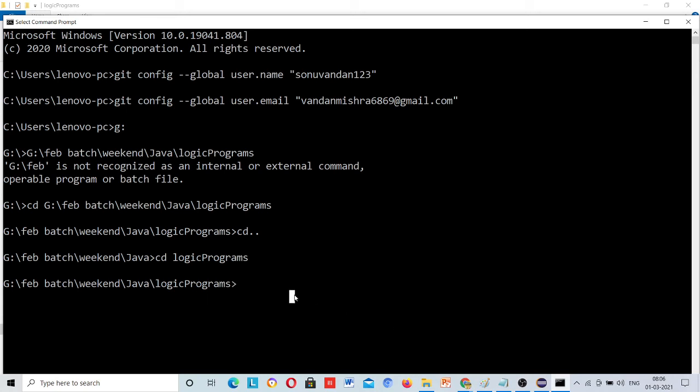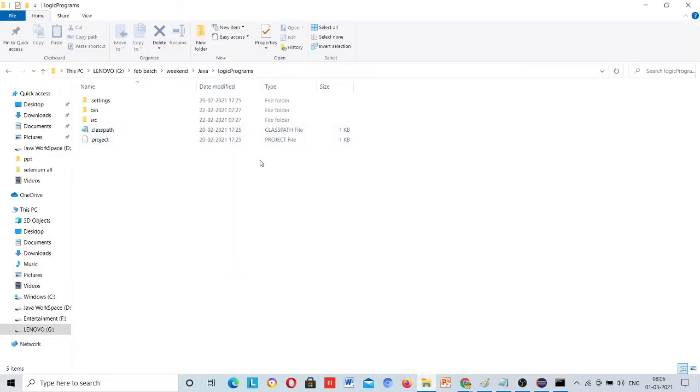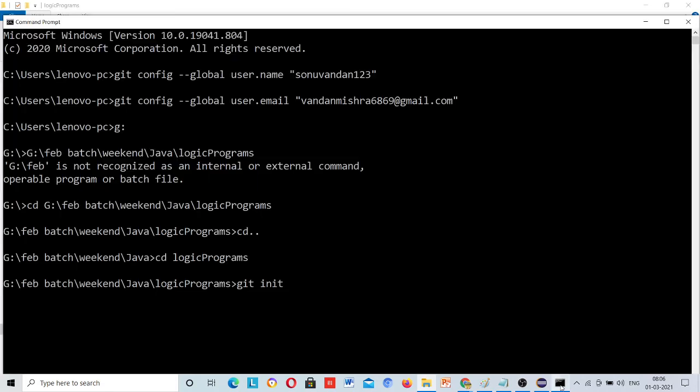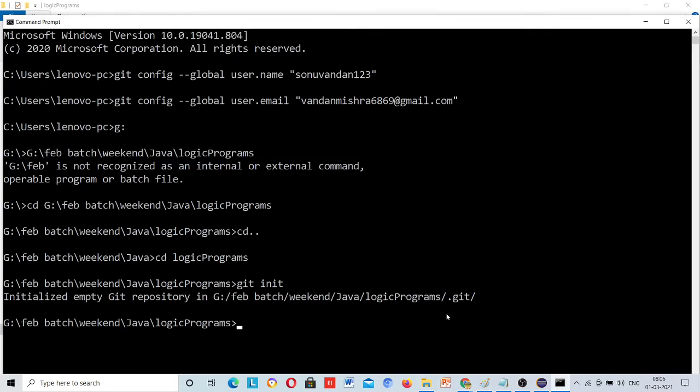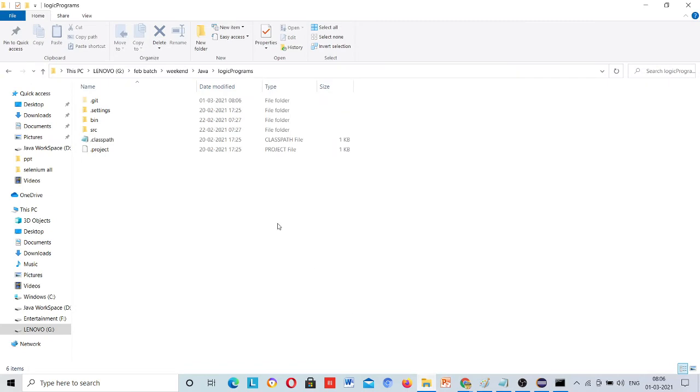Now git commands are used. There is a command git init, which means git initialize. So git will be initialized at this location. Enter. You can see it says initialized empty git repository in the G drive.